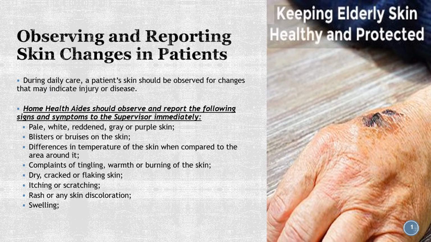Observing and reporting skin changes in patients. During daily care, a patient's skin should be observed for changes that may indicate injury or disease. Home health aides should observe and report the following signs and symptoms to the supervisor immediately: pale, white, reddened, gray or purple skin, blisters or bruises on the skin, differences in temperature of the skin when compared to the area